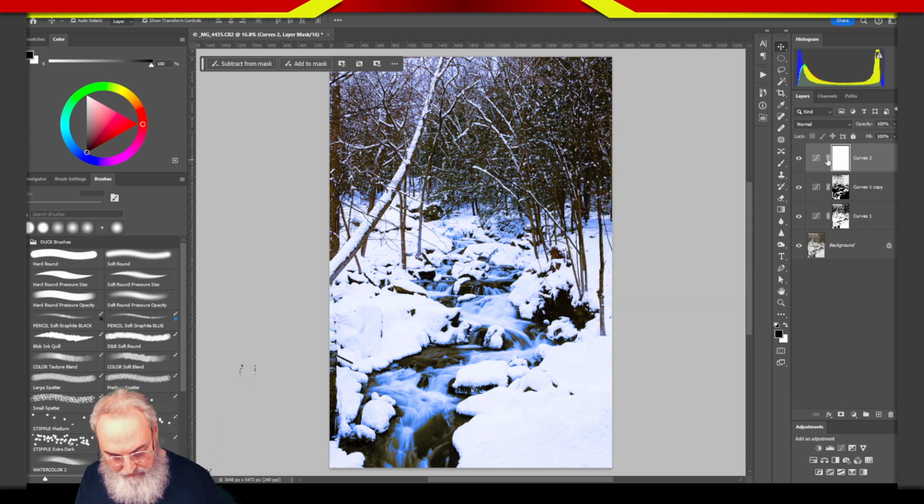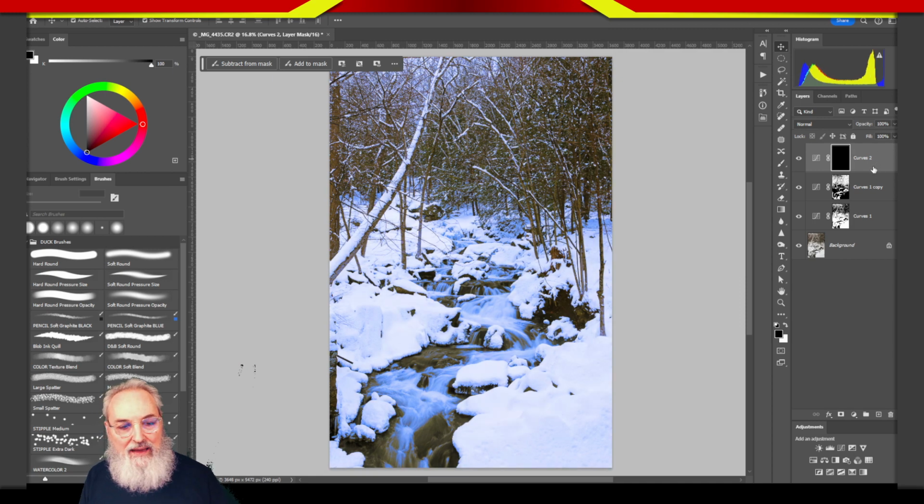I'm going to invert it, Control I, Command I. All right. And then with a soft round brush, make my brush a little bit bigger. There we go. Soft round brush. Okay. And white. White as my foreground color. All right. You can use the letter X to flip back and forth. X, X, X. Okay. I am going to go ahead and paint in